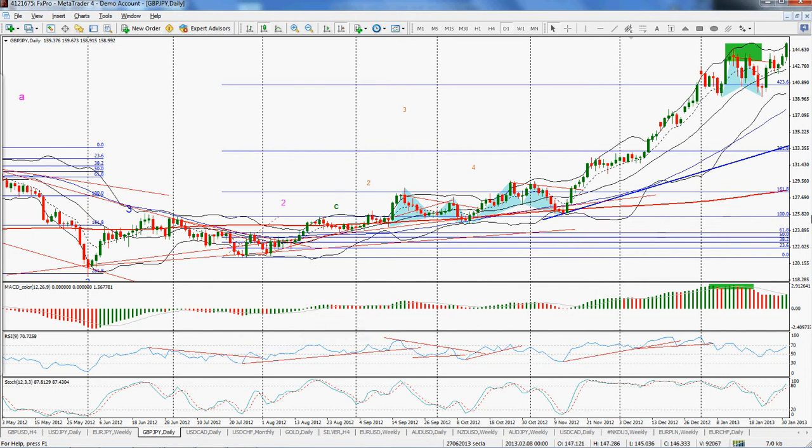So I plotted my blue Fibo levels on the chart, and I waited until the market broke through that Fibo 100 level. In that case the market reached this 161 level very quickly, and moved back to this Fibo 100 level,